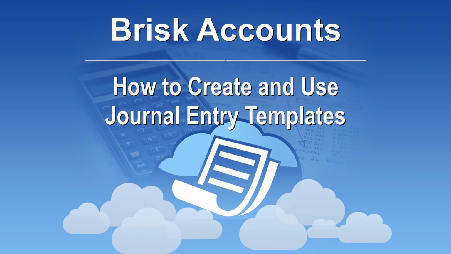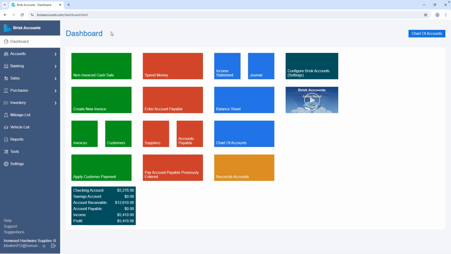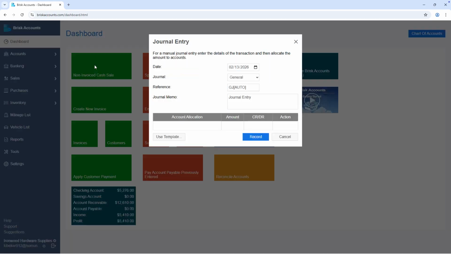How to create and use journal entry templates in Brisk Accounts. To create and use journal entry templates in Brisk Accounts, go to Accounts and click Record Journal, then enter your